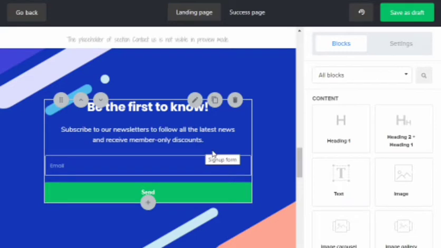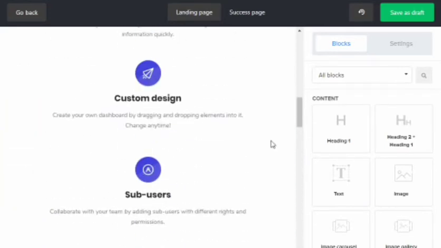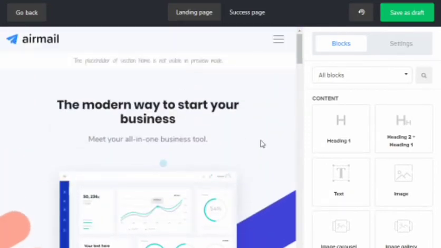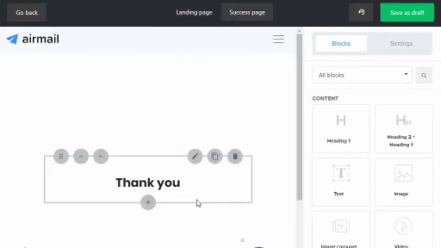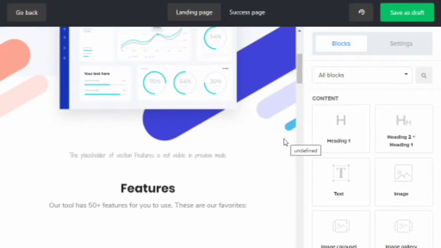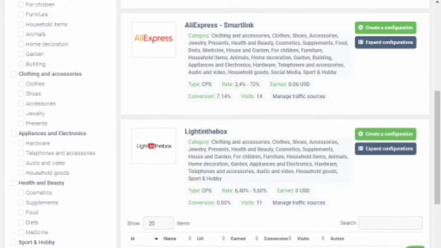Yeah, we'll just have one subscribe mailing list also. That will be really nice, because we can also collect those mailing lists and send them automated messages whenever we want to, like in a periodical time. So this is another one where you will be getting the success page when someone is subscribing to your newsletter. They will end up on that success page, and I'm going to promote this product on that page.